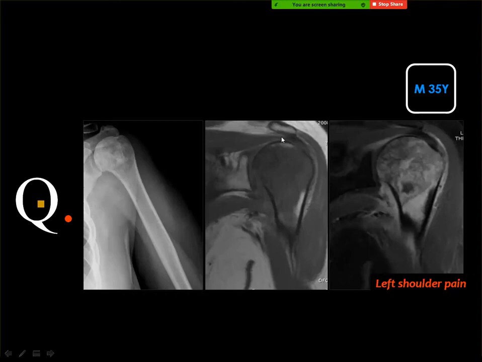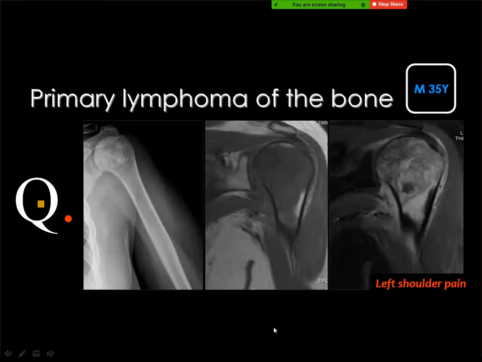And on MRI, you got a marrow infiltrative lesion, which is low signal in the T1 and high signal in the T2. The diagnosis is... It is a malignant lesion. Yes. Leukemia, lymphoma. Yes, very good. And this is lymphoma, and whenever you are confronted by a lesion which has the malignant criteria, you think